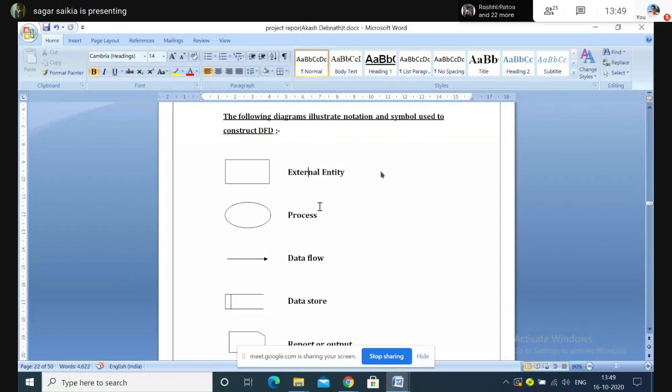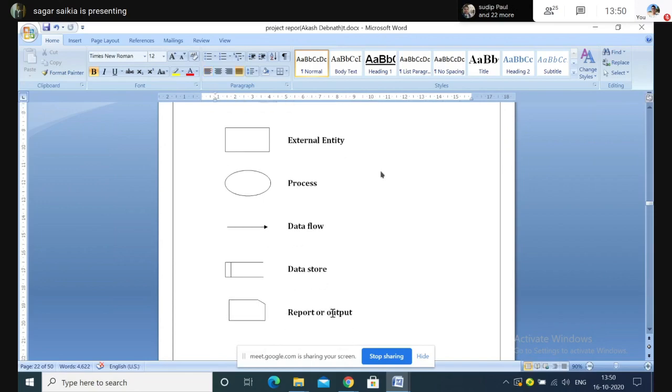Then a process basically tells us about the activities which will be carried out in the whole system. What are the actions that we are carrying out? There are certain rules for making a DFD, so that we will also see. Then next is data: how data will flow in the system, from where it will be generated, how the data will be transformed into meaningful information and where it will be stored. The storage space where it is stored is the data store. And if we are generating any kind of output report, like a bill or billing information, then we have to show that as well.